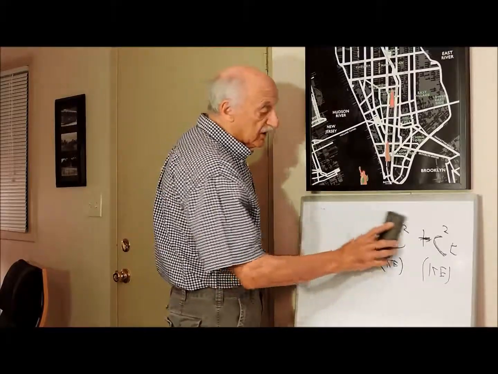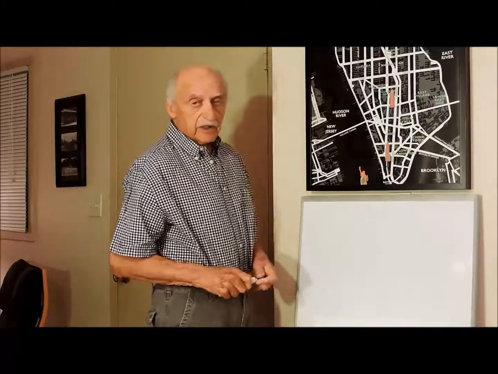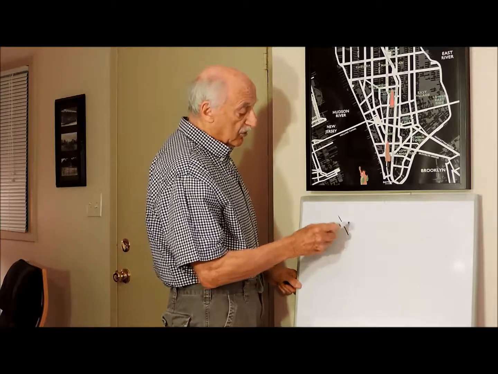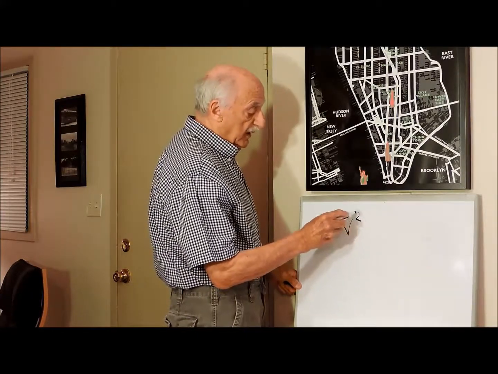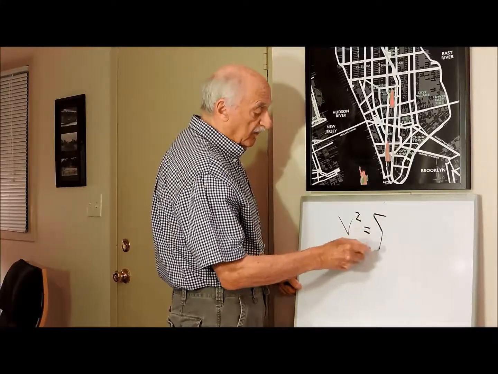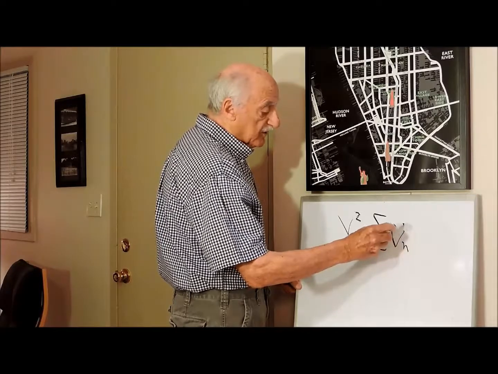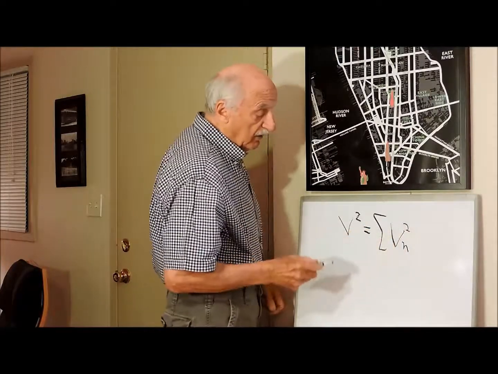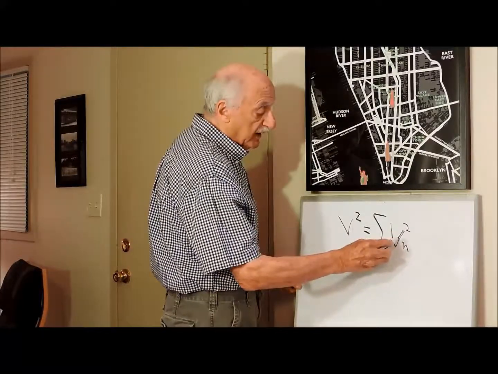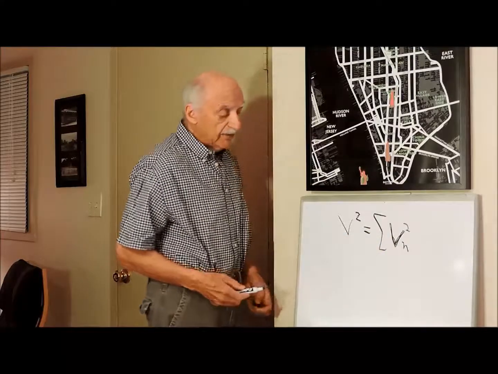Now, there's also an equation to give you the conservation of momentum, which is that the total velocity squared is equal to the sum of the velocity in each of the dimensions of space, or in the x dimension, any velocity at all. And this is constant,